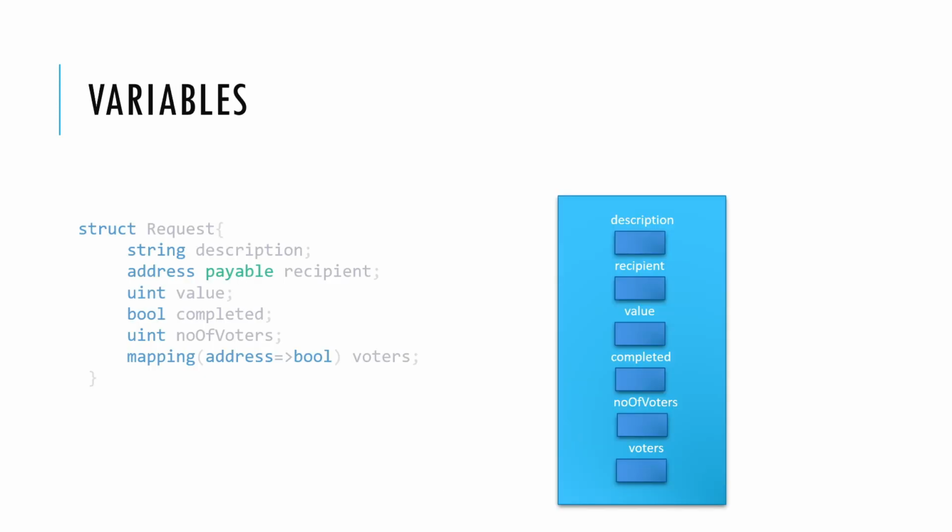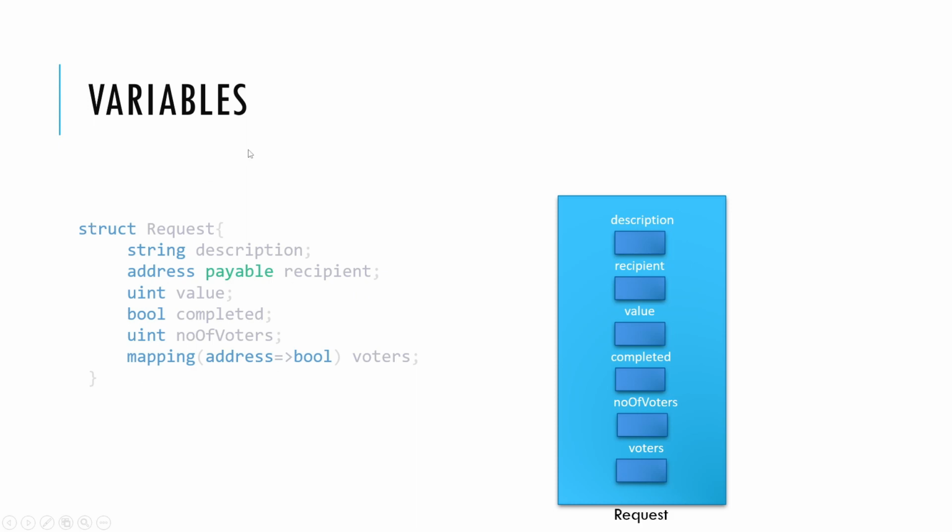Now, before proceeding towards our Remix IDE, let me show you the variables that we are going to create in our smart contract. In this way, you will be able to better understand what we are trying to do. First of all, we are going to create a request type by using our struct data type. In this request structure, we are going to mention the description, the recipient address, the value that he is going to receive, whether this particular request is completed or not, the number of voters, and we are going to store the information of the voting in a mapping that we are going to create inside this